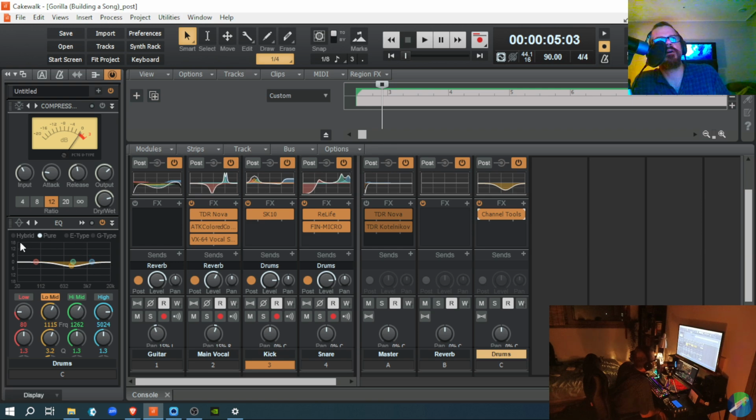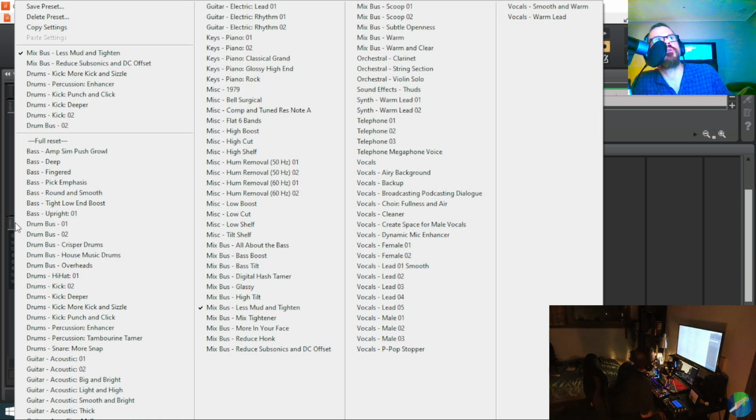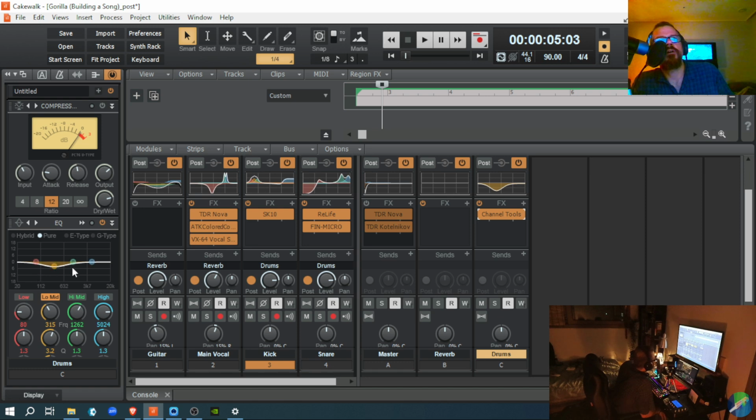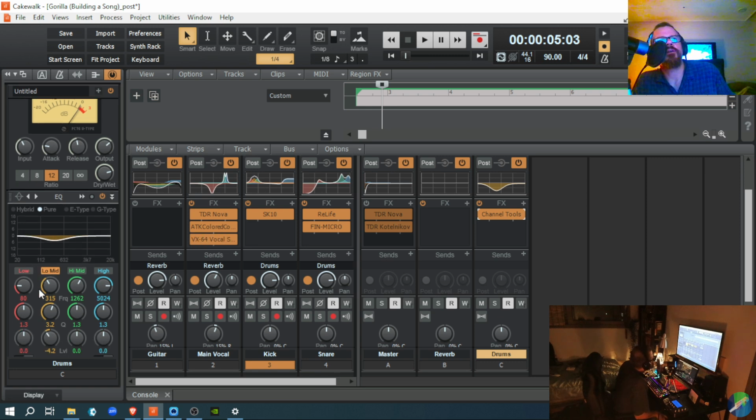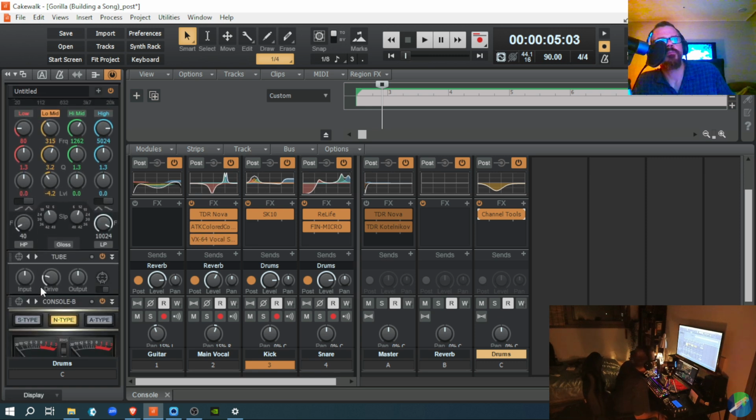I did apply, what's the name of the preset I applied? Mix bus, less mud, and tighten. So in this case, what that means is a little bit of a low mid-range scoop here. We don't really need those frequencies, and it leaves a little bit more space for other things. Moving down the Pro channel, I did activate the tube